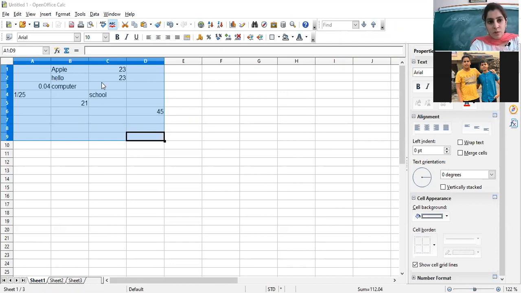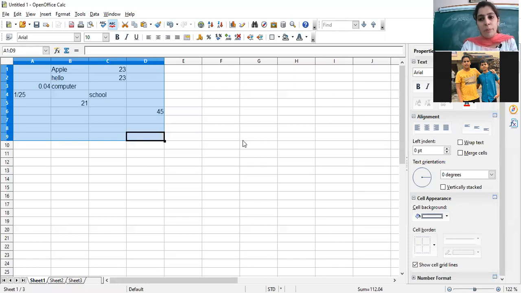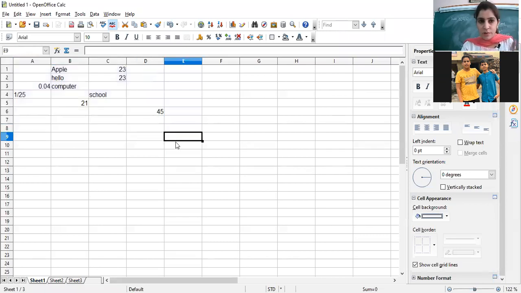Clear? So this is about delete content. The option is in the edit menu. Under the edit menu, the option name is delete content. It will open the delete content dialog box. And the question here is: name various options in the delete content dialog box. I hope this is clear to everyone.